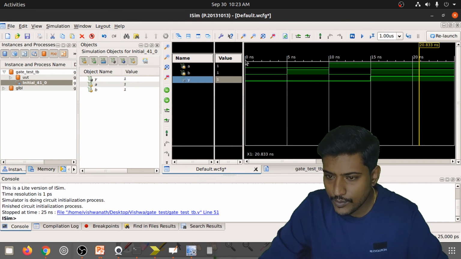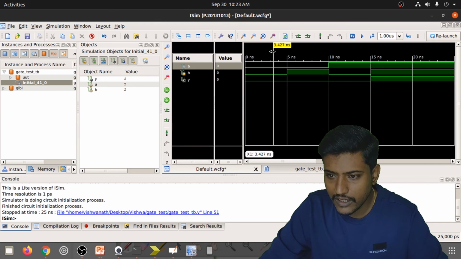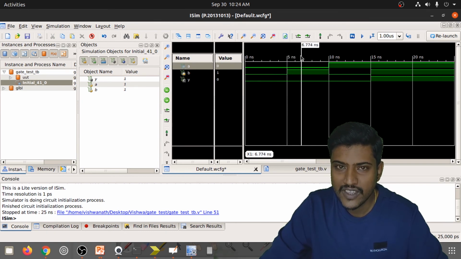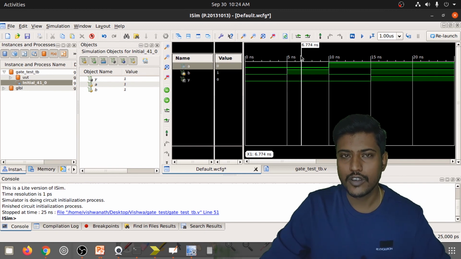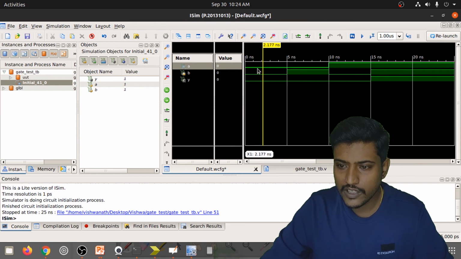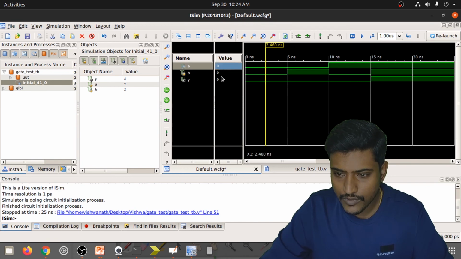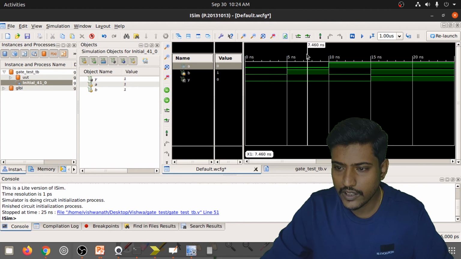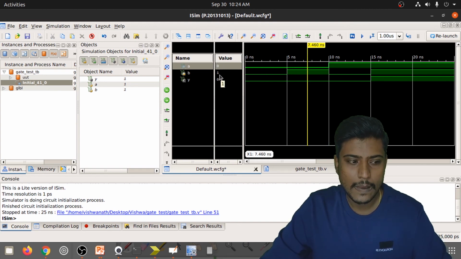Here you can observe from 0 to 5 nanoseconds, this yellow line is going to give us the value at this particular point. If I place this from 0 to 5 nanoseconds, I am making my inputs 0 0. At 2.5 nanoseconds you can observe the value is 0 0, and if I place this yellow line over here, you can observe A is 0 and B is 1.